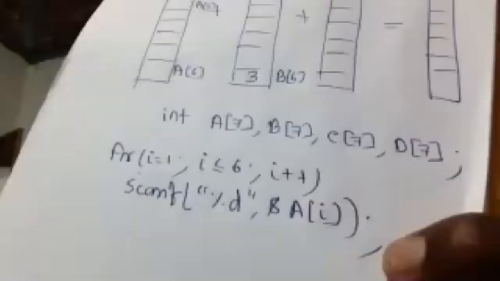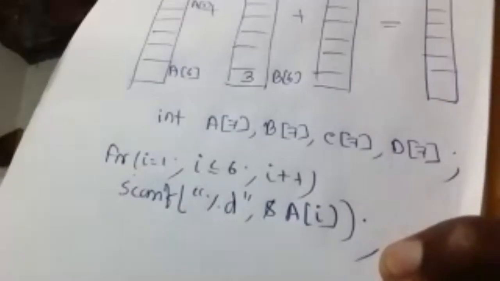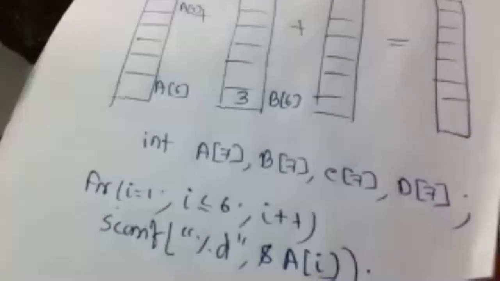This is similar to a single variable, but you are using an array. That's why the statement is two lines, not a single line. First, you have to go for the addresses by using a for loop. Then you have to go for the input statement. Okay, fine. A is over.